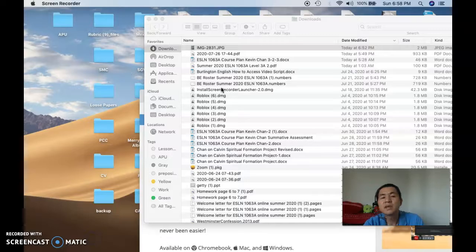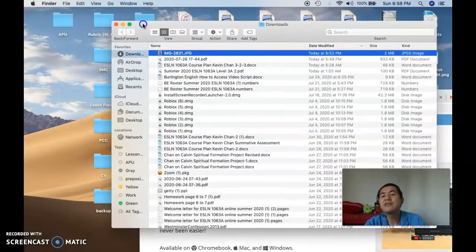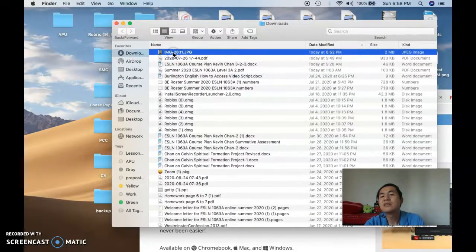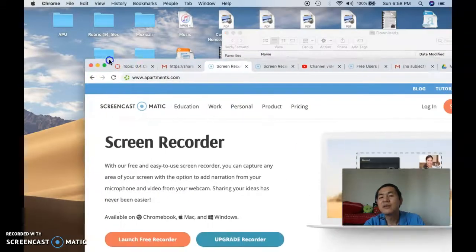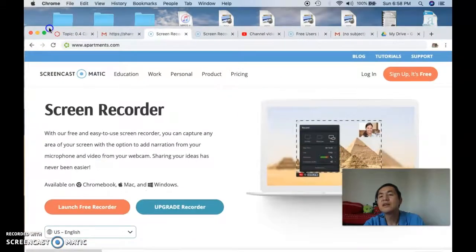You can see that the file here is in the download portion of my desktop. So I may just go ahead and drag it or just leave it in the download for now. And what I'll do is bring it to the next step of going to the Canvas site.